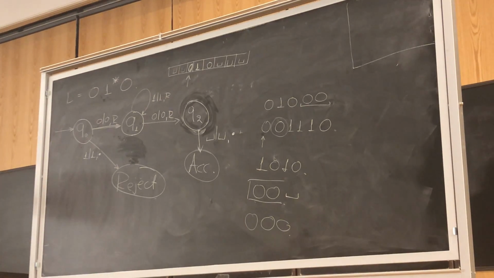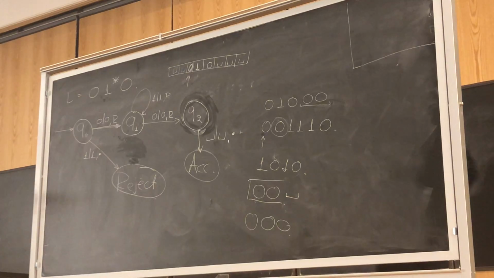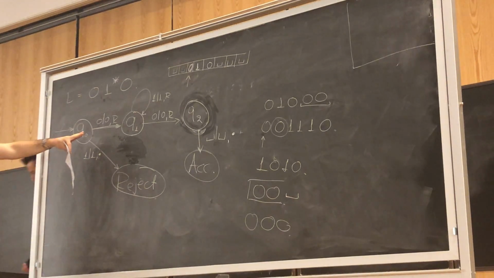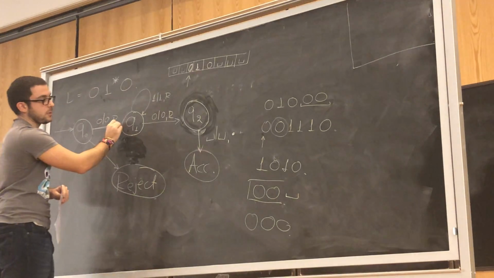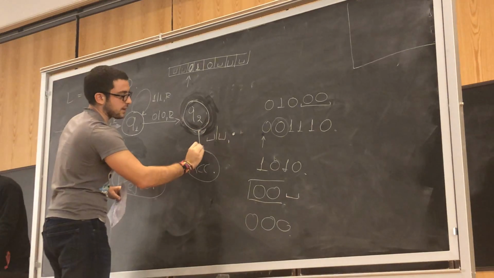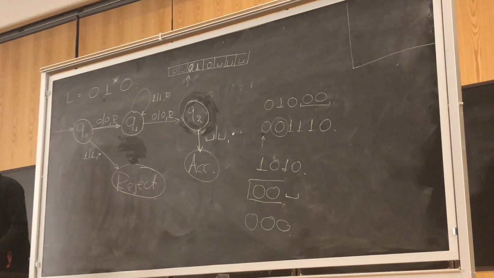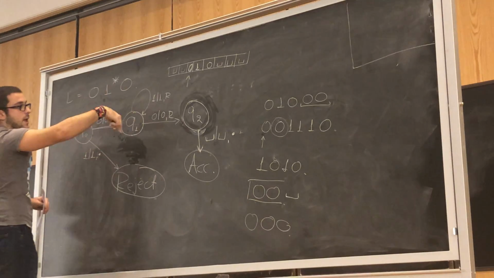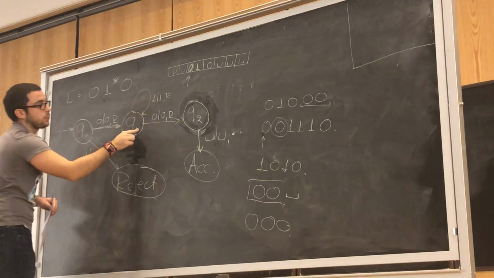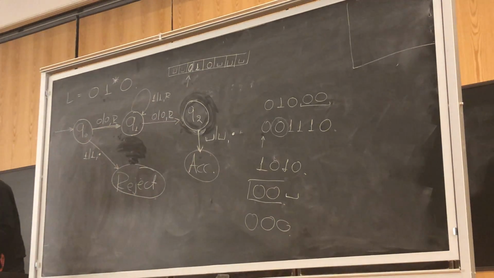You can do much more, we need something that works. You can do what you're saying, but this is working. So for now, I want something that will do the job. This will accept the 2 zeros. This is my first 0, this is my second 0, and after that I have nothing in my tape, so it's empty, and I will accept it. This will also read my first 0, it will read any number of ones, it will read the last 0, and after that, since it identifies that the string is done, it will